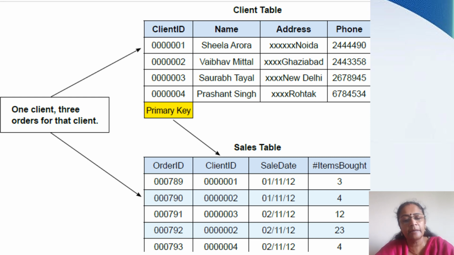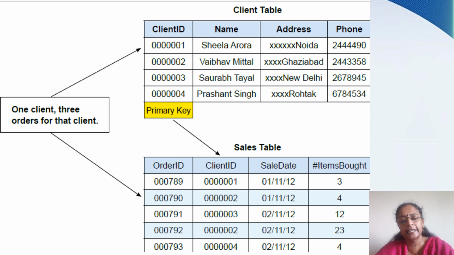Now in the next table below, the sales table, we have order ID as the primary key. So order ID becomes the primary key for this sales table. Along with that, we also have the client ID from the previous table. In this example, order numbers 790 and 792 are both by the client ID 0202, which is Vaibhav Mittal.